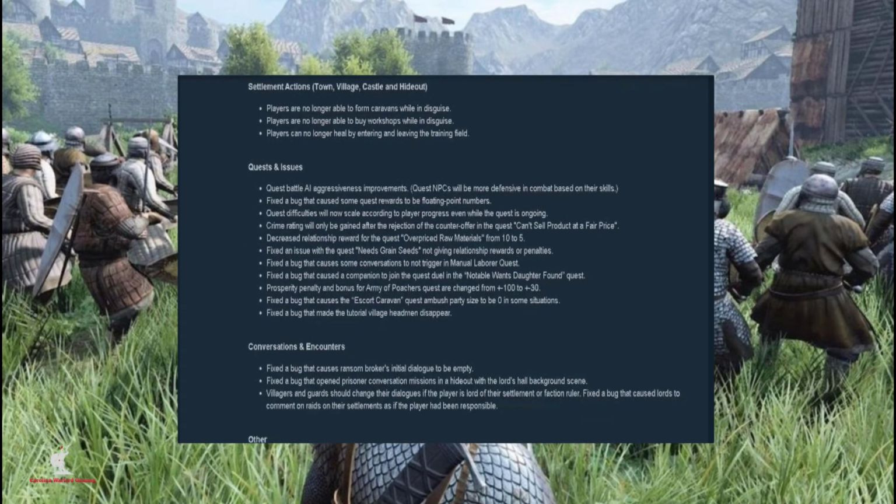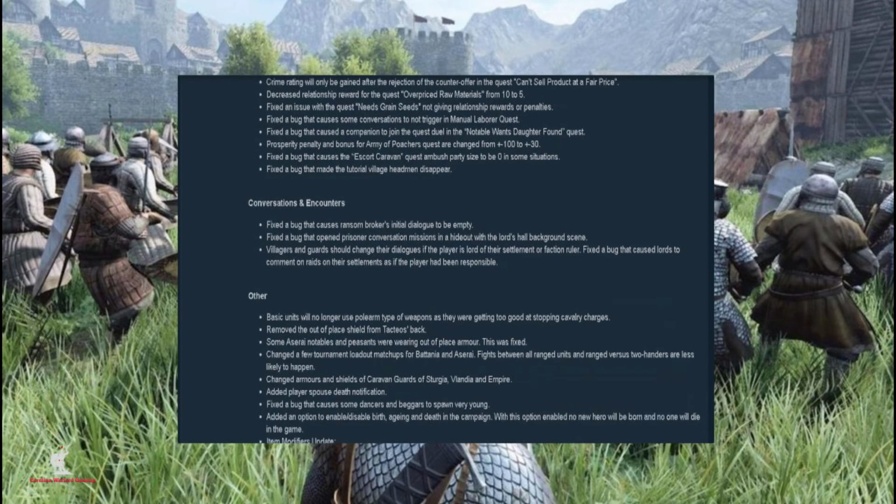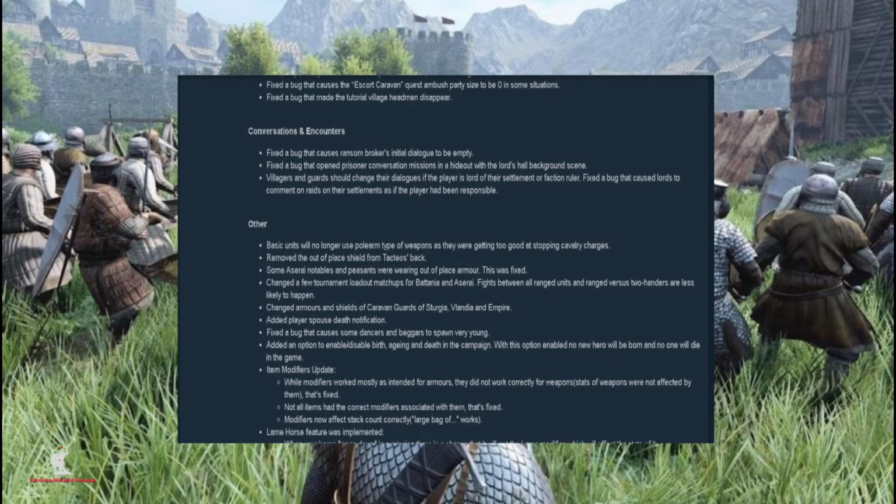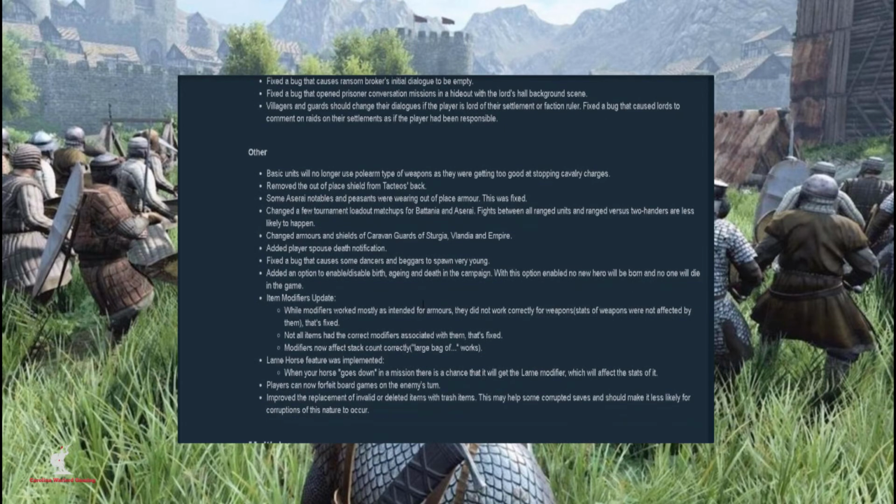Okay, now we're going to go down here. Looks like they fixed a bunch of quests and other issues with quests and some conversation and encounter stuff. The next biggie down here that I see, and this is probably maybe the biggest thing that people have been asking for, is